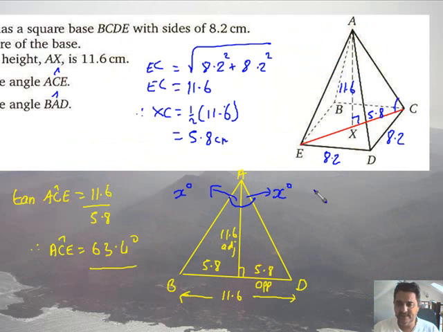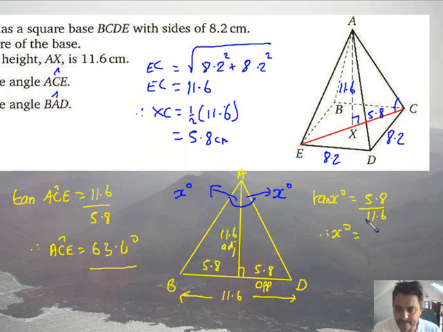So tangent of X, tan X degrees, is going to be opposite, which is 5.8, divided by 11.6, which is the adjacent, and therefore X is going to be whatever the shift tan is of that. So that's exactly a half, so it's shift tan of a half, 0.5, and that gives me 26.56,